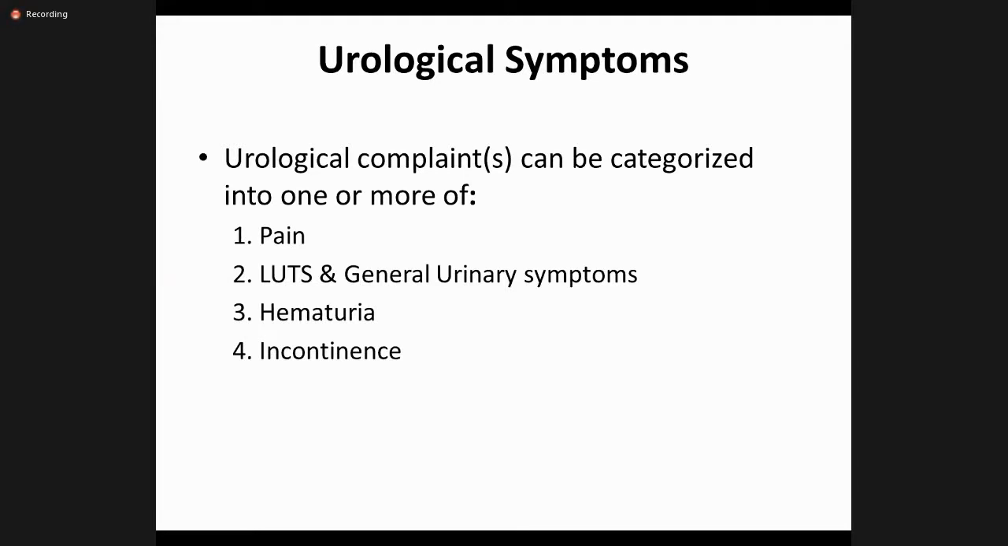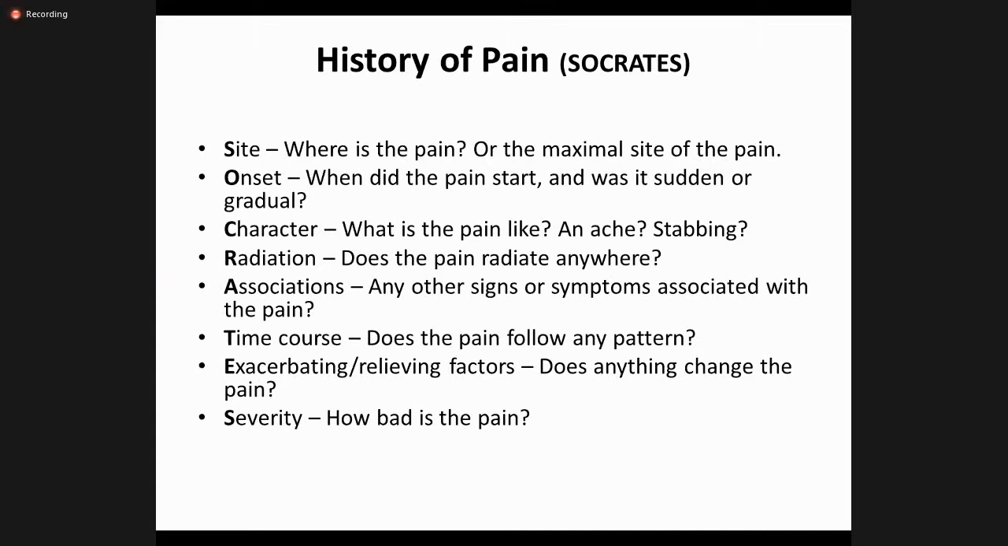And regarding pain, when the patient comes to the OPD with the complaint of pain, we ask the following questions: site, where is the pain, or the maximal site of pain, like right flank pain, left flank pain, or hypogastric pain; along with it, onset, where did the pain start and was it sudden or gradual; what is the character of the pain, like an ache or stabbing pain; radiation, does the pain radiate anywhere, like from loin to groin; or association, any other signs and symptoms associated with the pain, like nausea, vomiting, fever; and the time course,